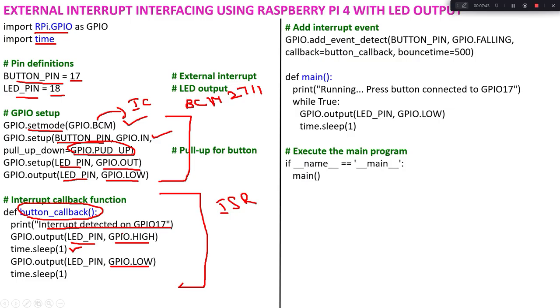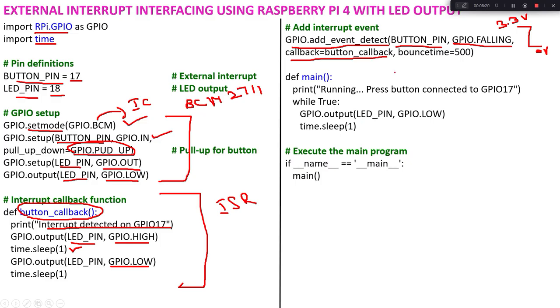In order to create this interrupt function, we have to add an event. GPIO.add_event_detect, where I say the interrupt pin is pin number 17, and I am going to configure this interrupt for falling edge. Falling edge means from 3.3 volt to 0 volt. So whenever the voltage changes from 3.3 volt to 0 volt, an interrupt will be triggered. I am going to say that when this event happens, I am going to call this interrupt function called